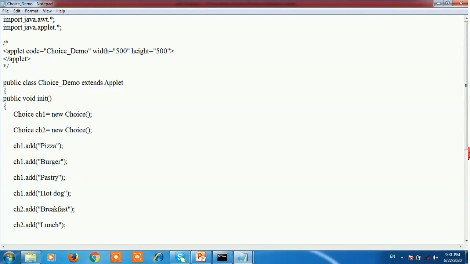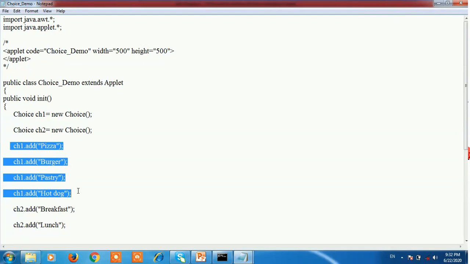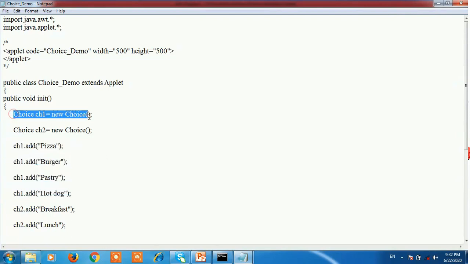First add the items into the choice 1, the ch1 object. So ch1.add("pizza"), ch1.add("burger"), ch1.add("pastry"), ch1.add("hot dog"). These four are added onto the first choice.